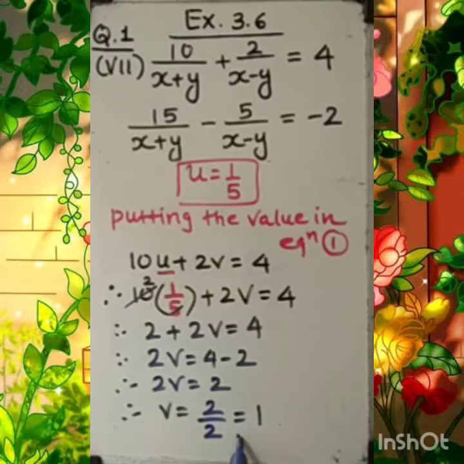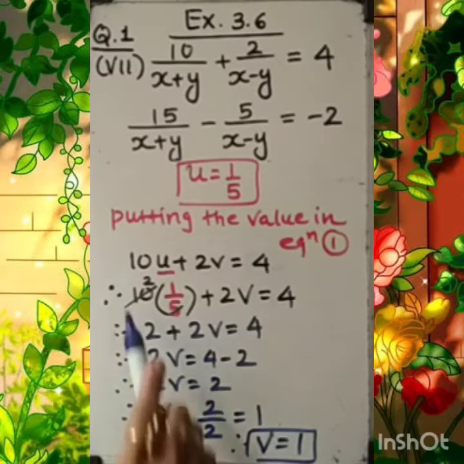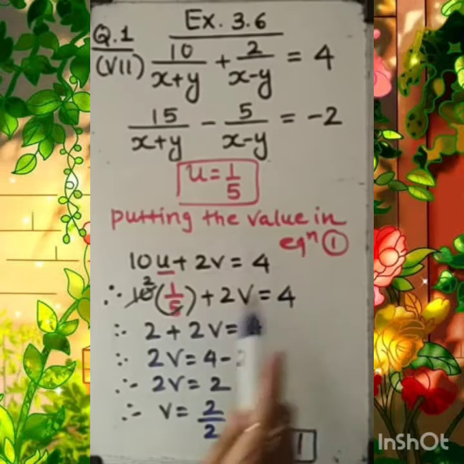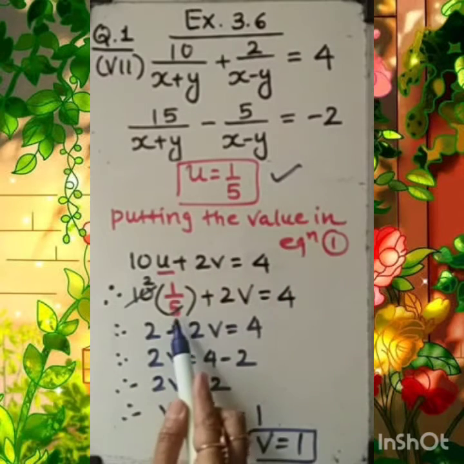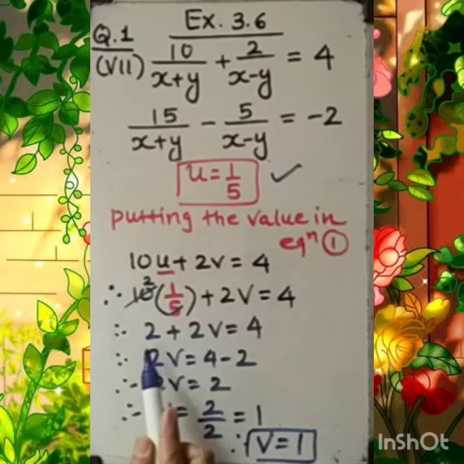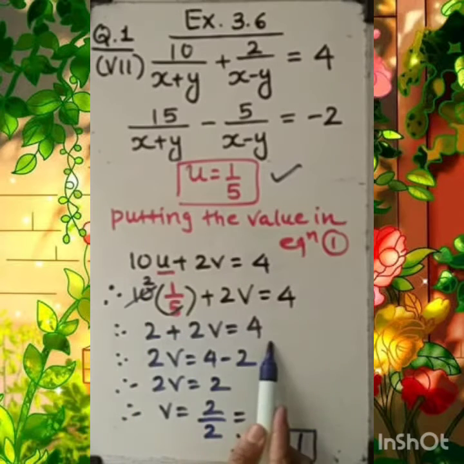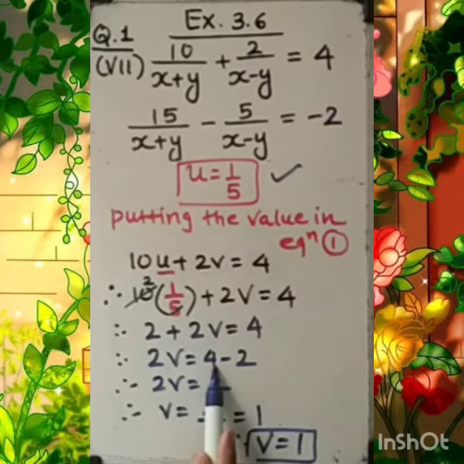So finally I need to write v equal to 1. Fine. This is the value of v. I hope it's clear to you. 10u plus 2v equal to 4. In that nothing I have done. The value of u, 1 by 5, I put it here. Simplified, 2 plus 2v equal to 4. So 2v equal to 4 minus 2. 4 minus 2 is 2. 2 by 2, that is 1. That's why v equal to